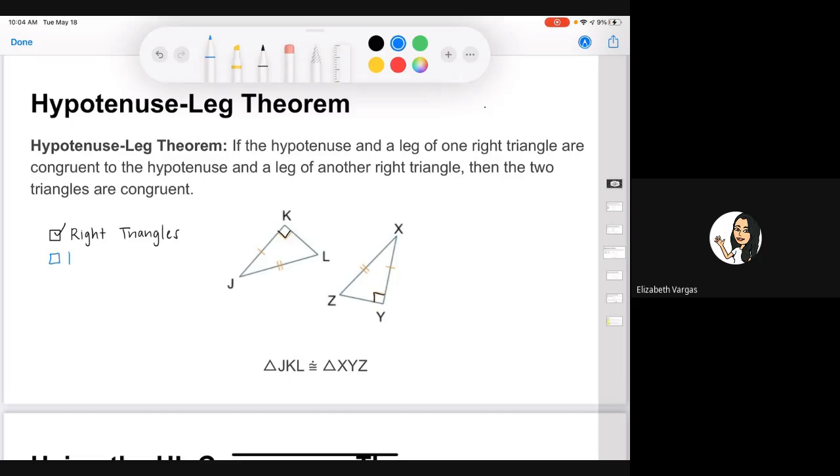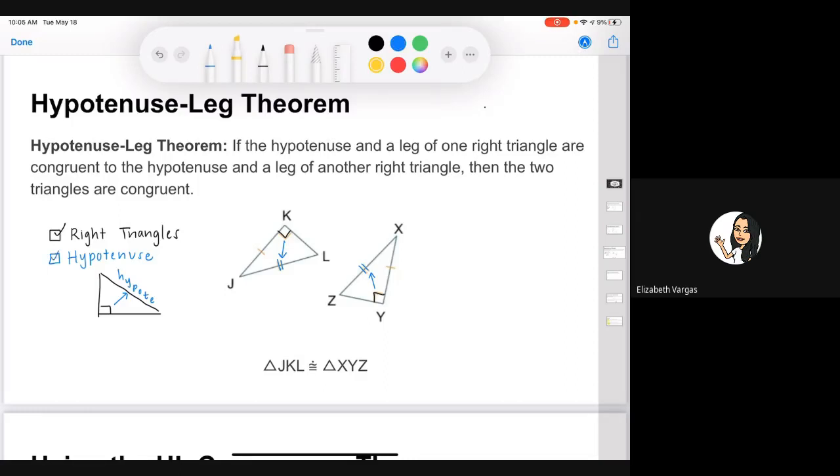Next, what I want to prove is that my hypotenuses are congruent to each other. Now, whenever you have a right triangle, your hypotenuse is always going to be opposite your right angle. So this will always be your hypotenuse. So I want to prove that those two are congruent to each other. So opposite this right angle is this one, and opposite this one is this one. And what that symbol tells me is those two are congruent to each other, so therefore both of my hypotenuses